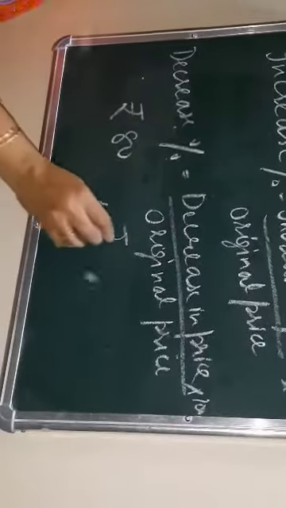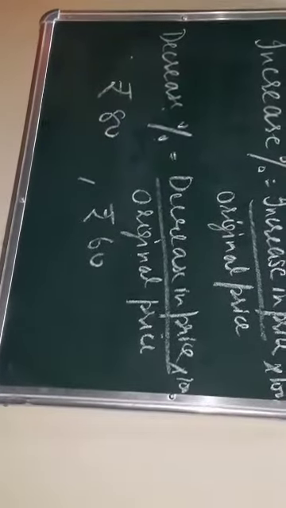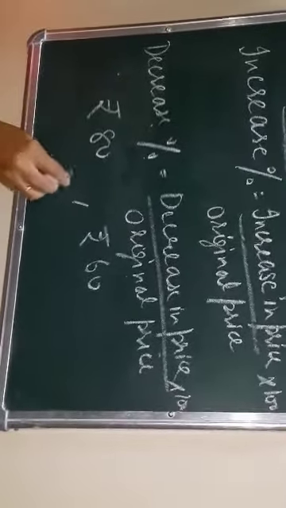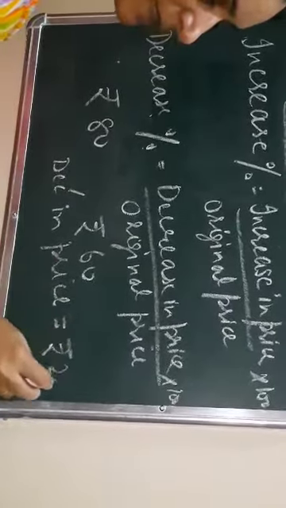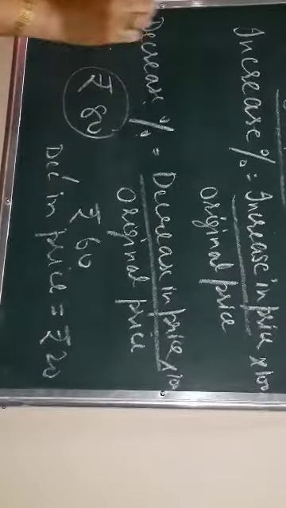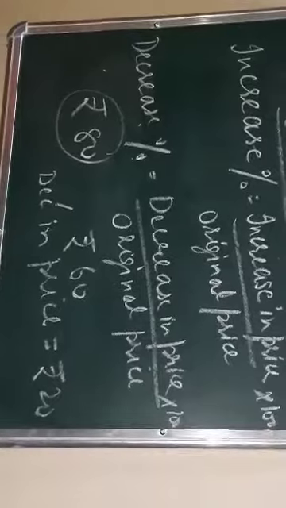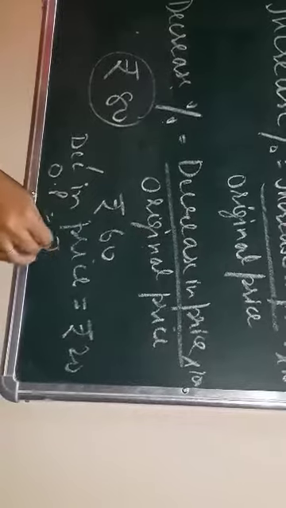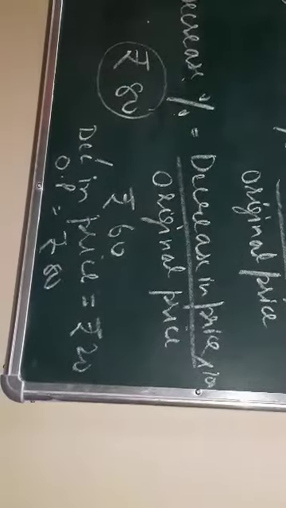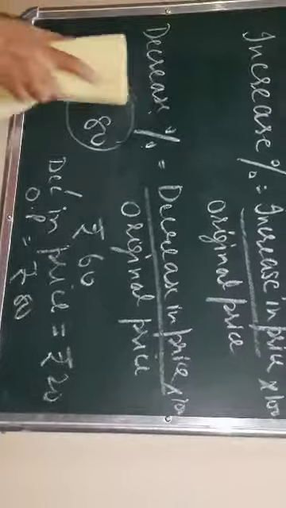Okay, so if we talk about decrease, now I am taking an example. The price of a certain item is rupees 80 and later on its price is decreased and it reduced to rupees 60. पहले price 80 rupees थी, बाद में हो गई 60. So how much decrease is there? Decrease in price is 20 rupees. 20 rupees price कम हो चुकी है. And what is the original price in this question? Original price will remain 80 here because initially पहले कितनी price थी? 80. So 80 will be the original price and decrease in price will be rupees 20, and so you will apply this formula and solve it.